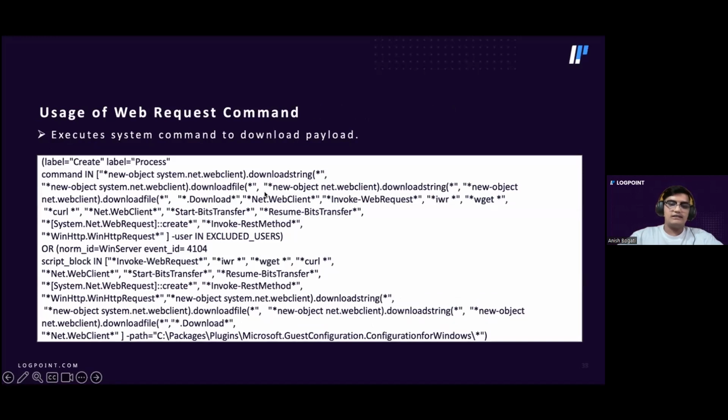As the earlier one detects the execution of encoded PowerShell commands and other suspicious commands, this query helps in detecting execution of commands that allow adversaries to connect to the internet and download files. So these are generally Windows PowerShell commands or some binaries that get installed by default when installing Windows.